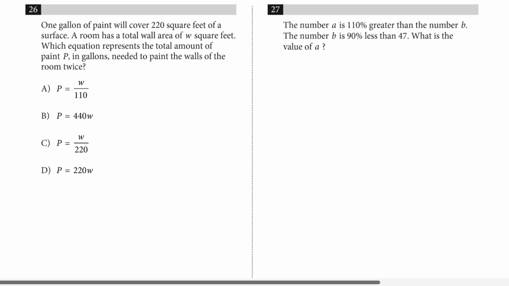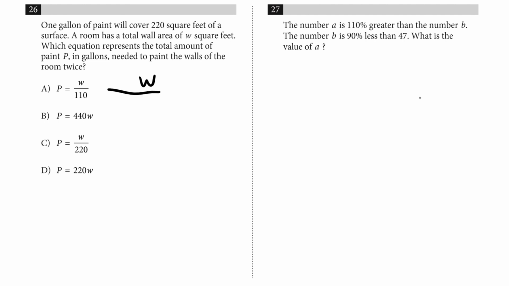Number 26. 1 gallon of paint will cover 220 square feet of surface. A room has a total wall area of W square feet. Which equation represents the total amount of paint, P in gallons, needed to paint the walls of the room twice? So we know that 1 gallon of paint covers 220 square feet of surface. So whatever the total surface area is, we're going to divide that by the number of square feet 1 gallon